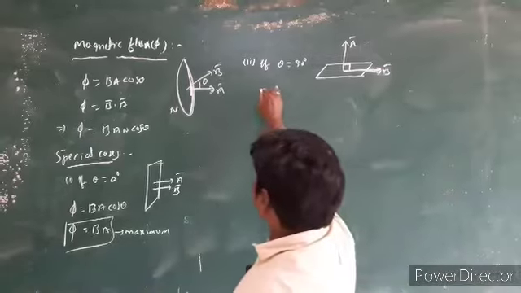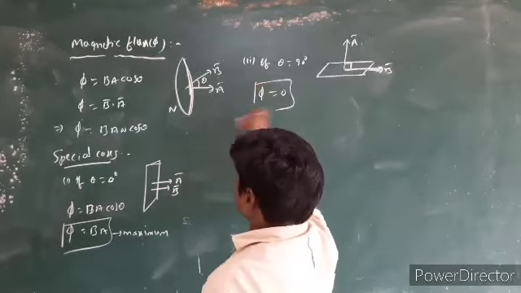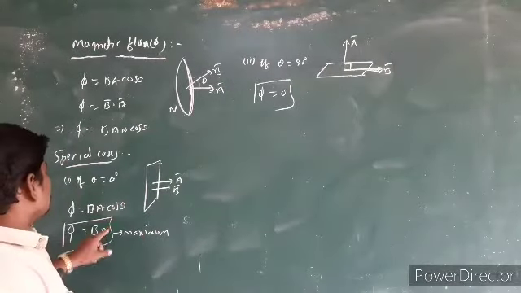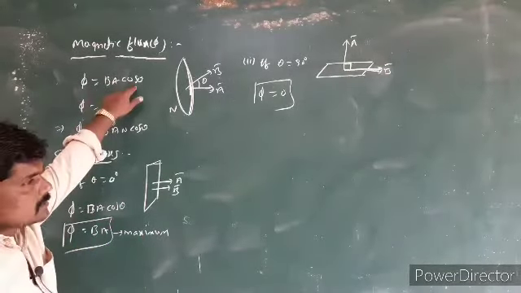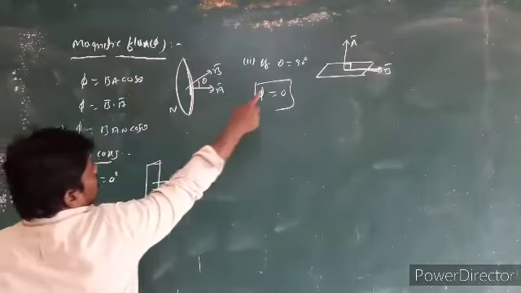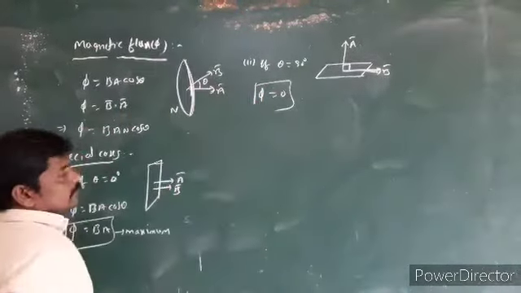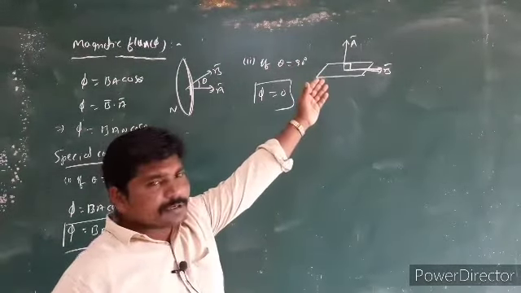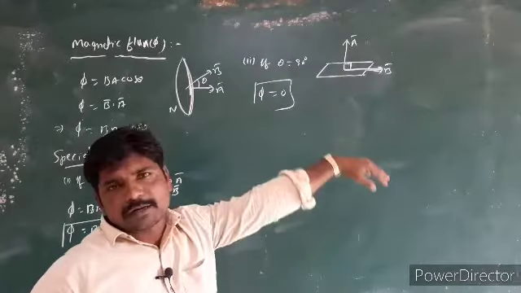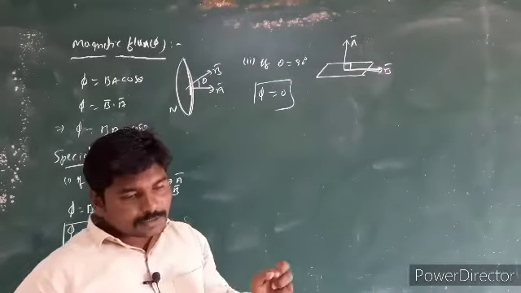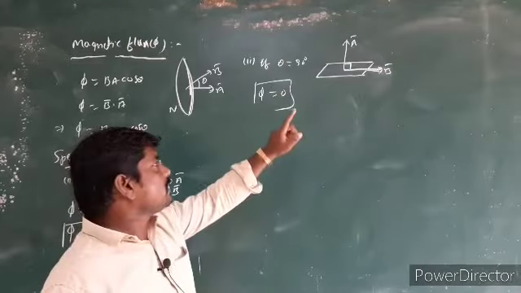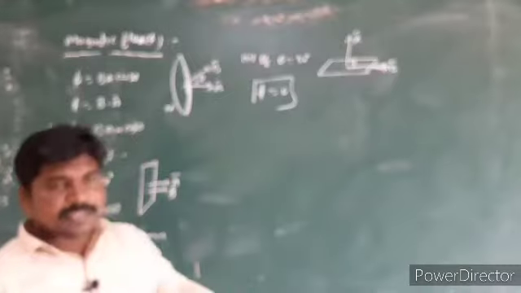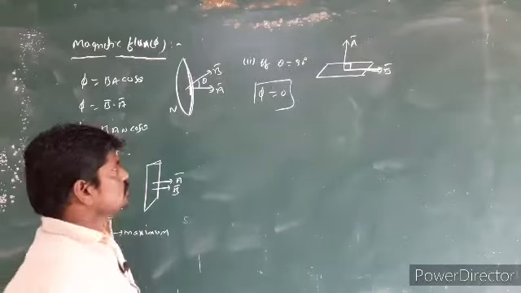Now flux phi is equal to how much? 0. BAN cos theta, or BA cos theta. If there are N turns, take N. Otherwise, BA cos theta. In the place of theta, write 90, cos 90 value is 0, therefore flux is equal to 0. If the magnetic field is perpendicular to the area vector, it means parallel to the plane of the coil. Parallel to plane, the two give the same meaning. When the magnetic field is parallel to the plane of the coil, the flux linked with the coil, the number of magnetic field lines passing through that coil, is 0.